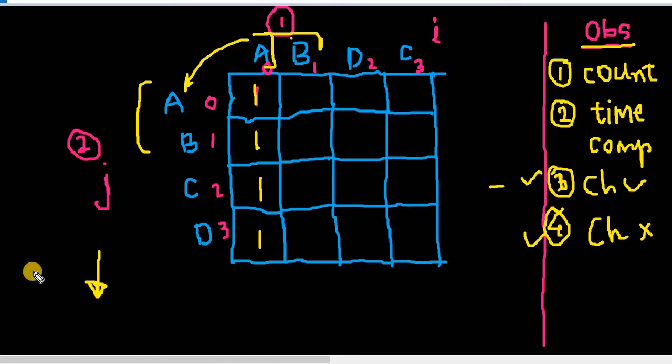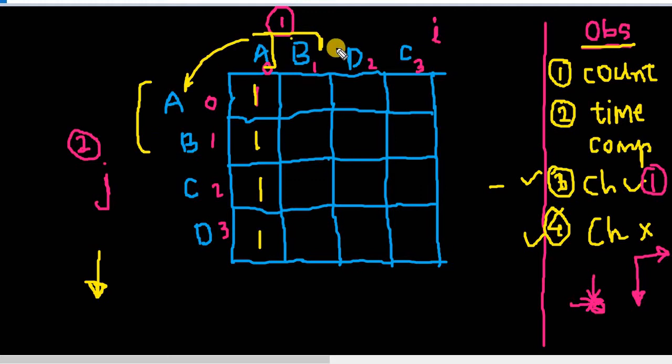So let me write this with, let's say, a different color. If the character is matching, we are incrementing by 1, and if the character is not matching, we are inheriting the value from the above. And in this particular case, because B and A do not match, we are again inheriting the value from the side as well. So you can see that we are taking values either from the top or from the side. Let's say this is the point, the value will be inherited from the top or from the side. Okay, so let's start filling again.